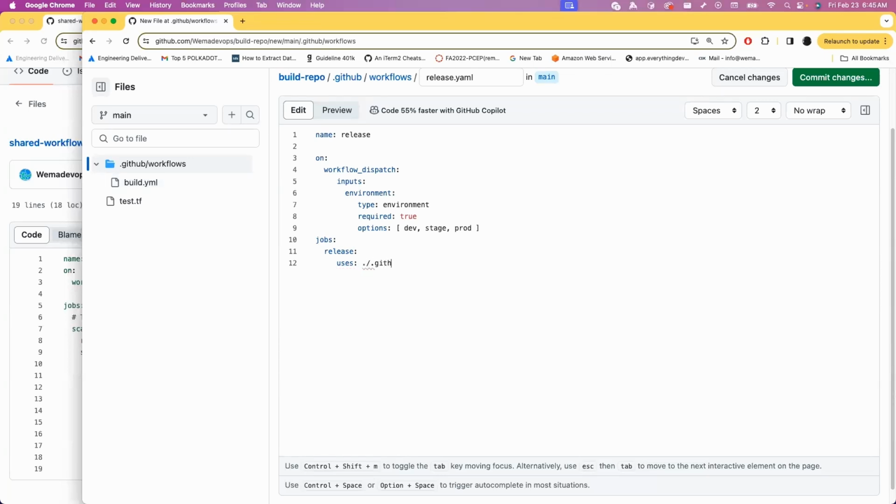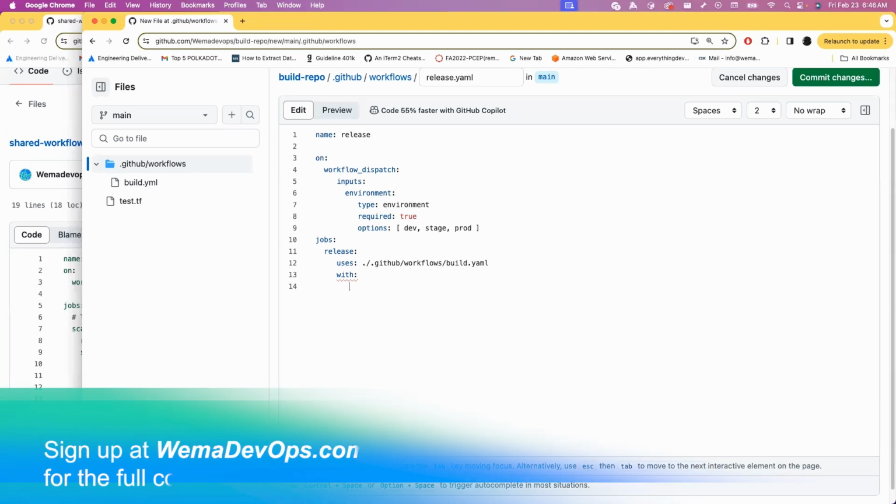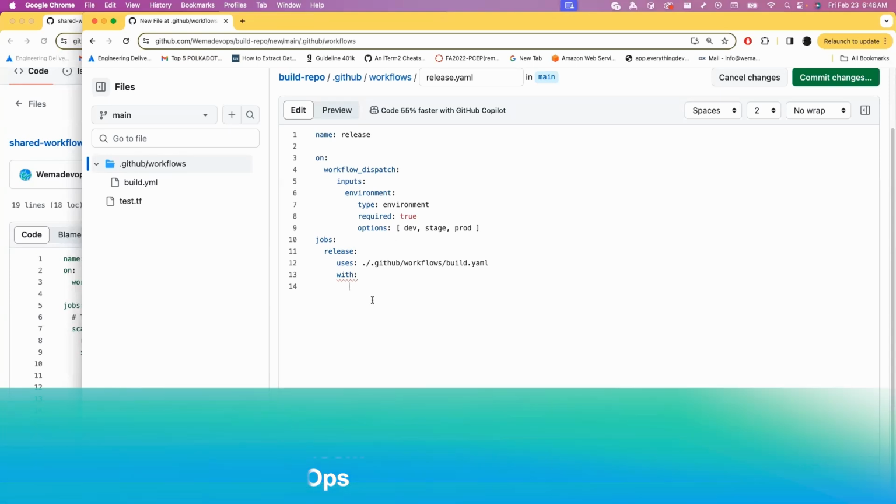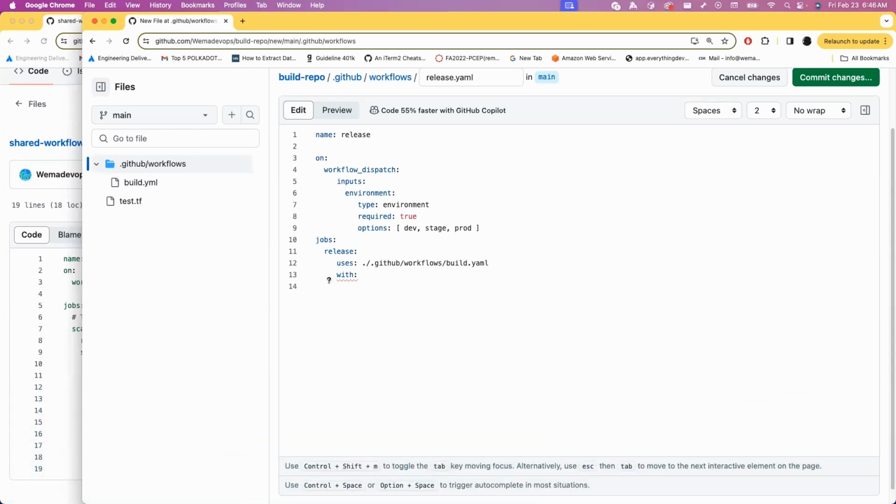It uses that GitHub workflows, and the name of the workflow is build.yaml. It uses this build.yaml, which is our main build, but because it's on a workflow dispatch, we are going to trigger it, right? Then we can say with, these are inputs, with our target environment. So we will go and modify this build so that it accepts this